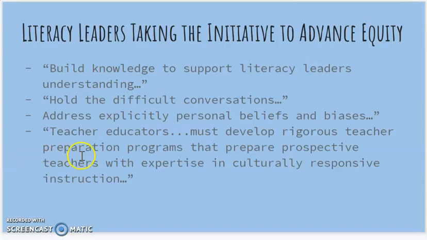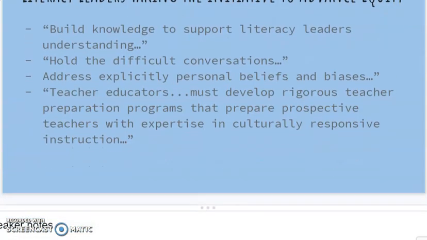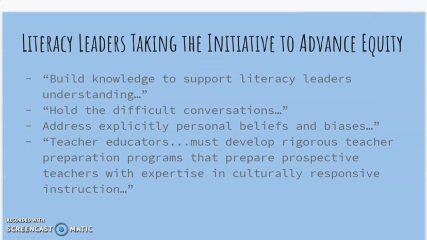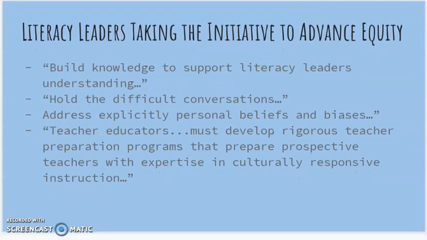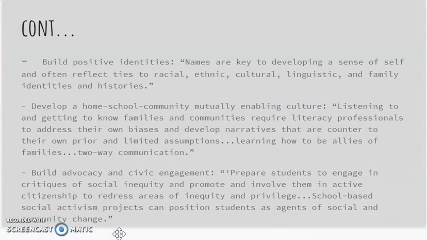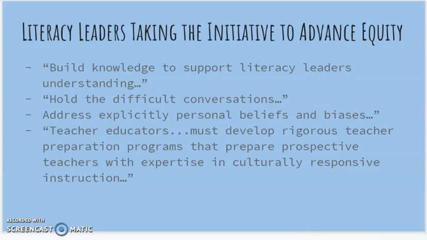Finally, the last way the authors talked about culturally responsive instruction was that literacy leaders can take the initiative to advance equity. We have an opportunity as teachers, as reading specialists, as administrators, as coaches to build knowledge to support literacy leaders' understanding, to hold difficult conversations,